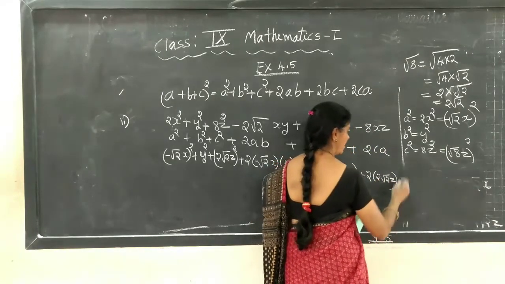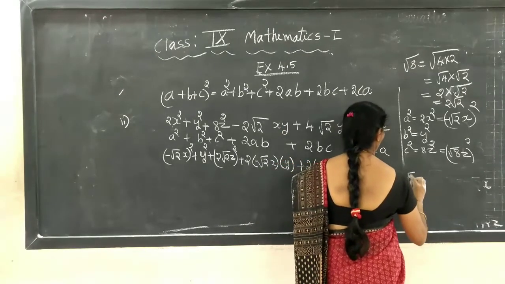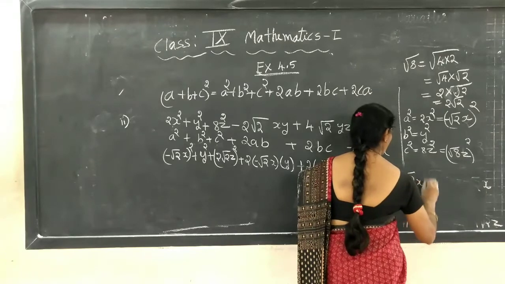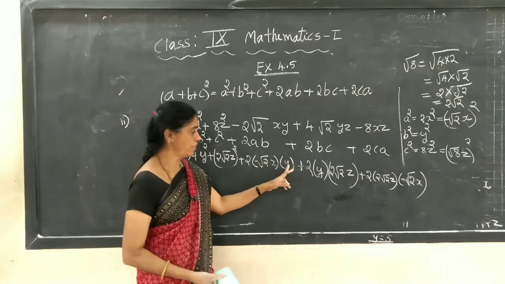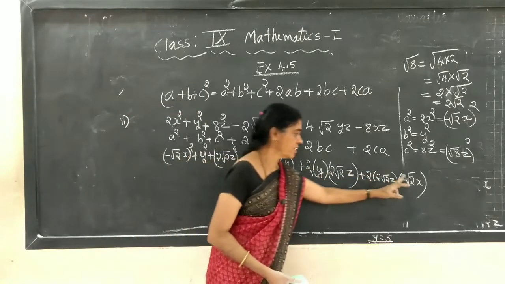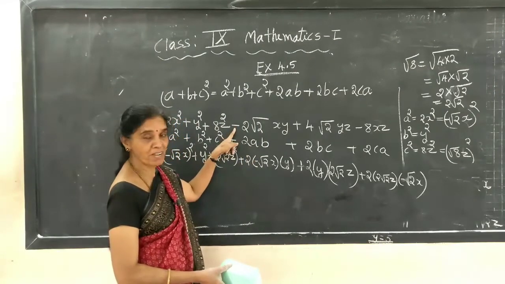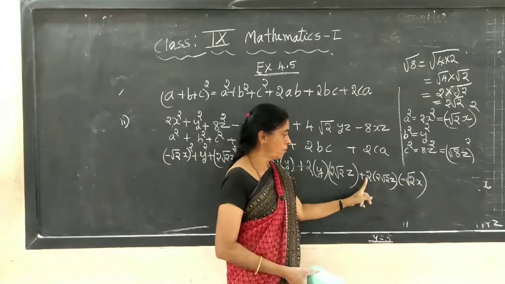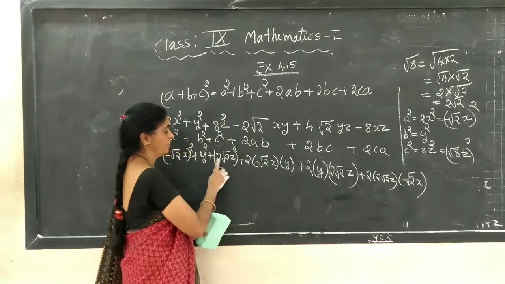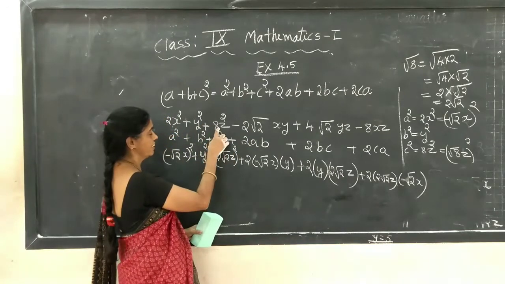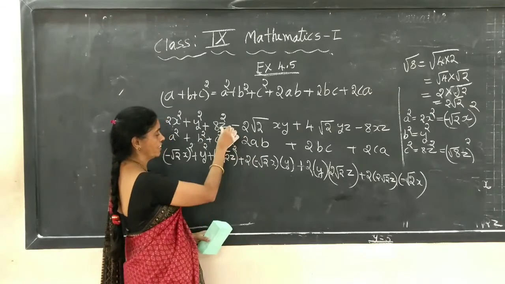To C A is minus 2 square root of x. A square, b square, c square, 2ab, 2bc, 2ca. Here the first term is minus, plus into minus is minus. So the first term is minus, and the last term is also minus, plus into minus, minus you will get. Now if you square it, you will get 2x square. If you square this, you will get y square. And if you square this one, you will get 8z square.